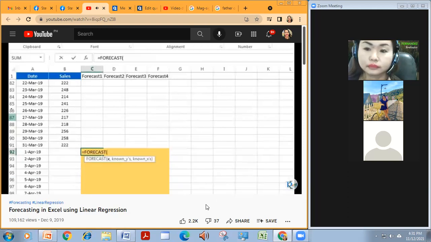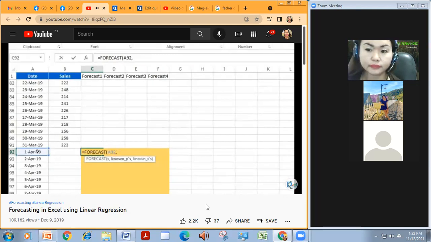The syntax of this forecast formula is X. X means the variable or the data point against which you want to do the forecasting. So we want to do the forecast for 1st April 2019. So this is our X value. Just select this value, put the comma. Now we will put here known_y's. Known_y's means the actual historical values.